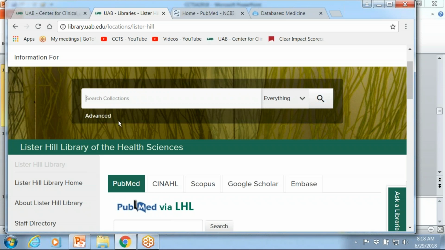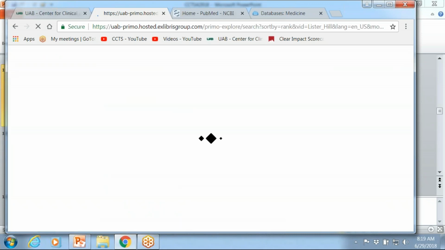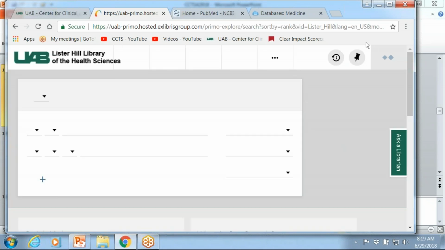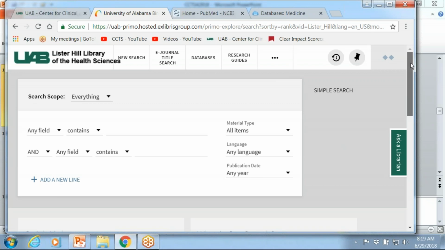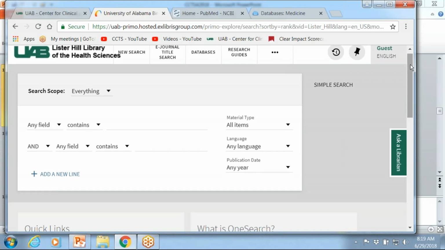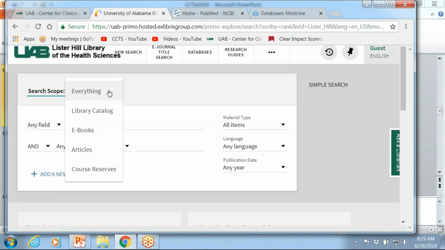What I usually do when I'm looking for a book or something in particular is use the advanced feature, and it pops this search box up. I go into the search scope, and instead of searching everything, I try to target a little bit.